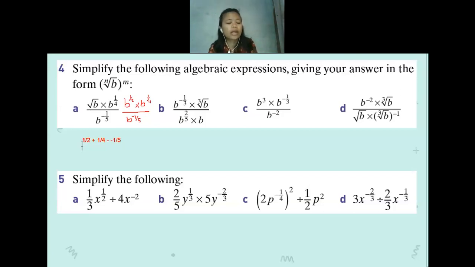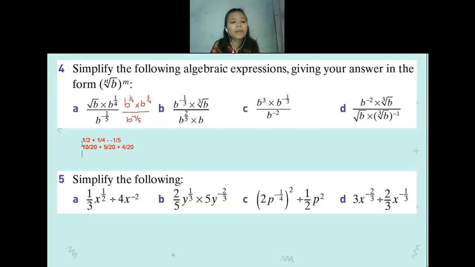2? Yeah, 20. Correct. So the 1 per 2, it will be how many by 20? 10 per 20, correct. And then for 1 per 4, we can make it into how many by 20? 5 by 20. And then for 1 per 5, it will be how many by how many? 4 per 20.